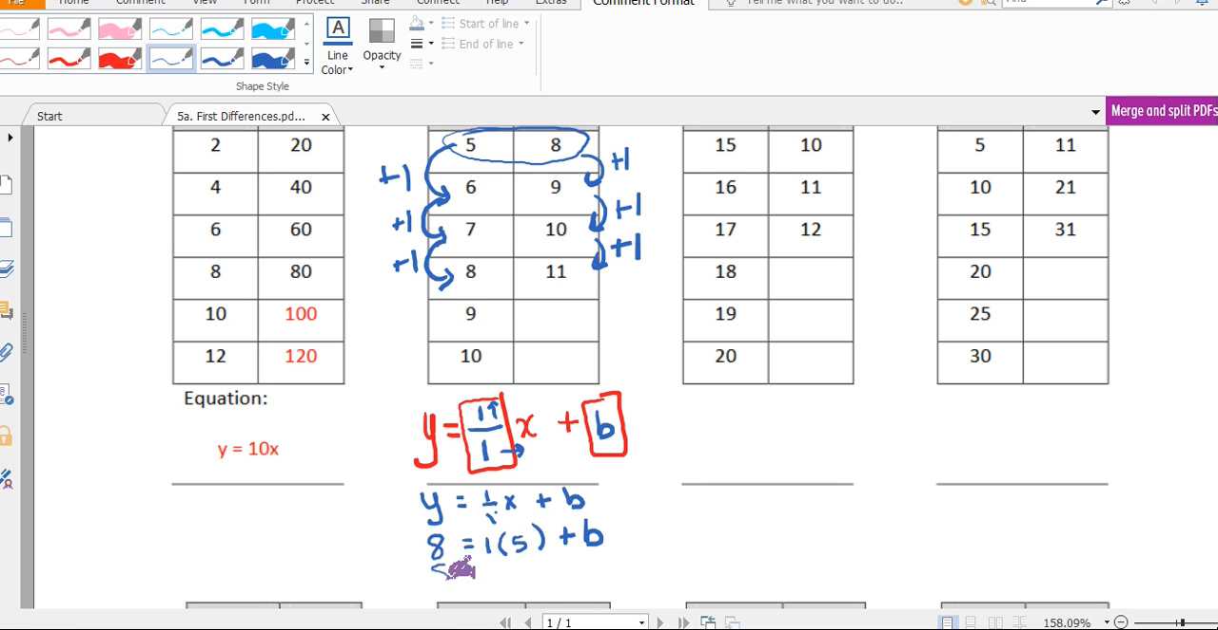8 equals, well, 5 times 1 is 5 plus b. So now to solve for b, I just need to move the 5 to the other side, which means 8 minus 5, so my b value would equal 3. So this value would be 3. Okay, and I'm done. Here's my equation. y equals 1 over 1 x plus 3. Okay. So I do the same thing for, let's say,